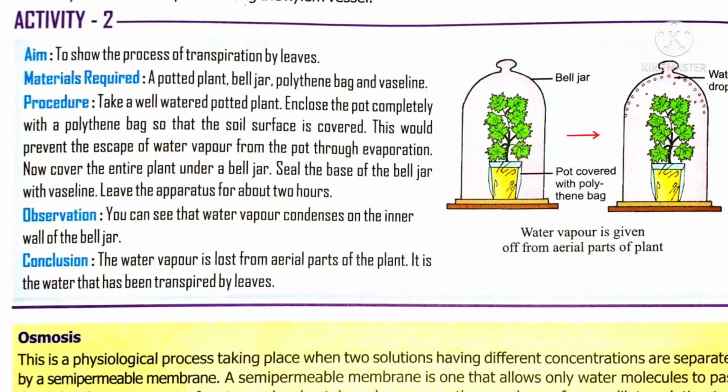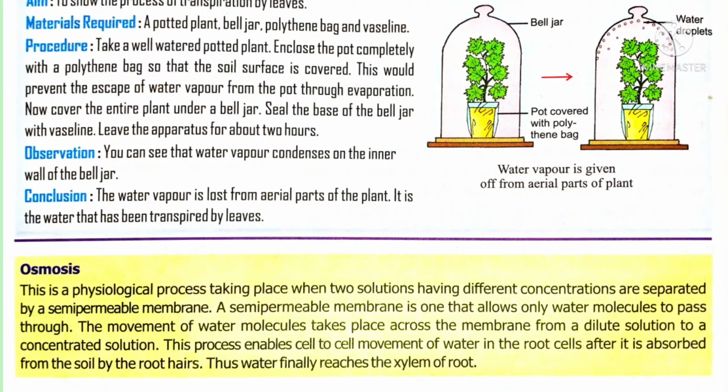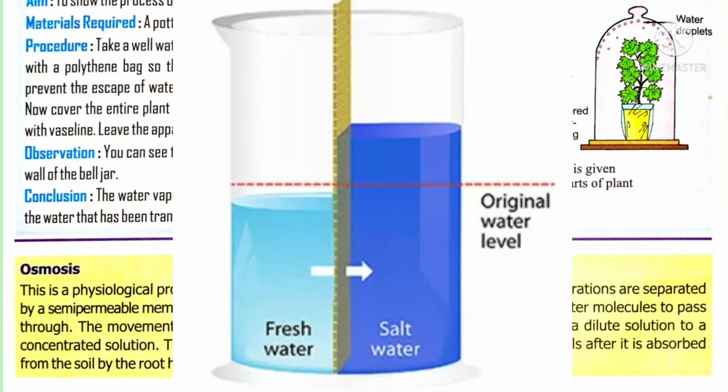The next topic is osmosis. Osmosis is the process of transfer of water from the lower concentrated area to the higher concentrated area. The less concentrated solution means the water which has a smaller number of solute particles. For example, if you take water and add sugar, the sugar which you add is called the solute. If the added solute particles are fewer in number in the water, we can say it is a less concentrated solution. If you add more sugar in the same water, we can say it is a higher concentrated solution.